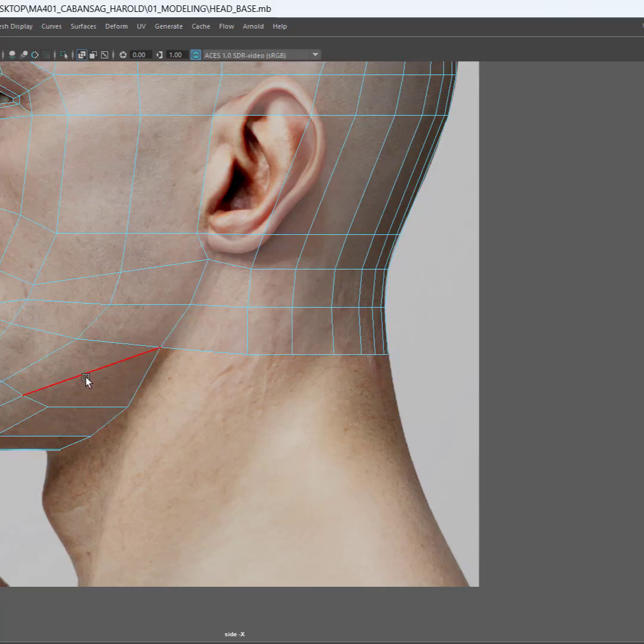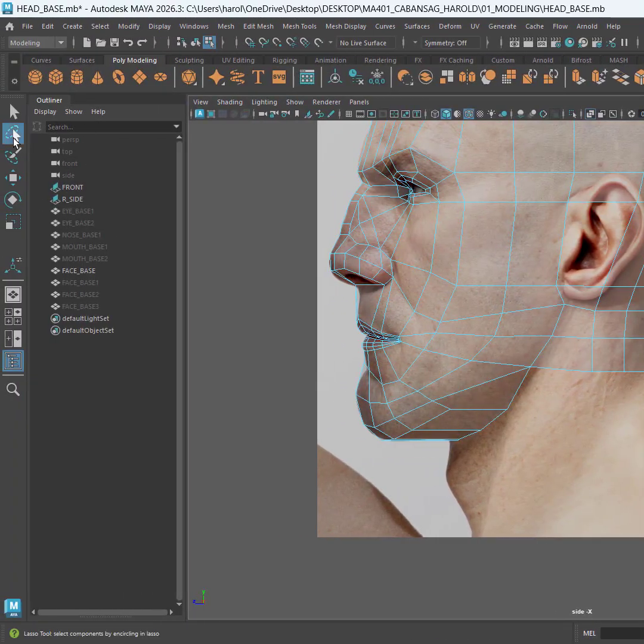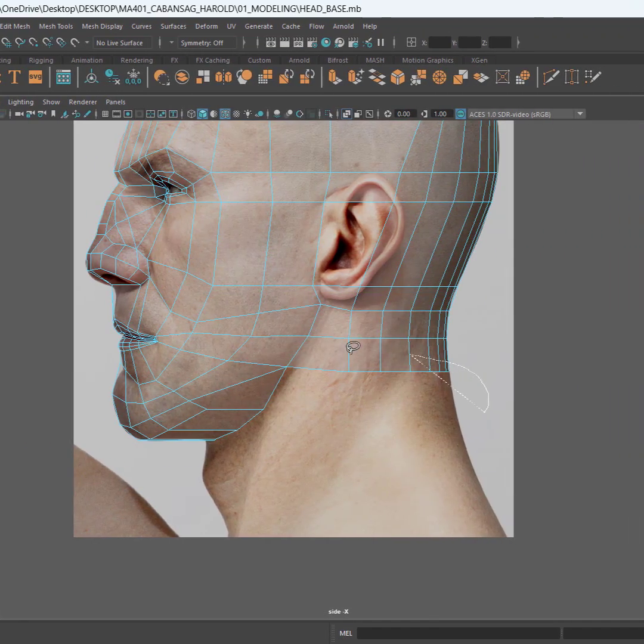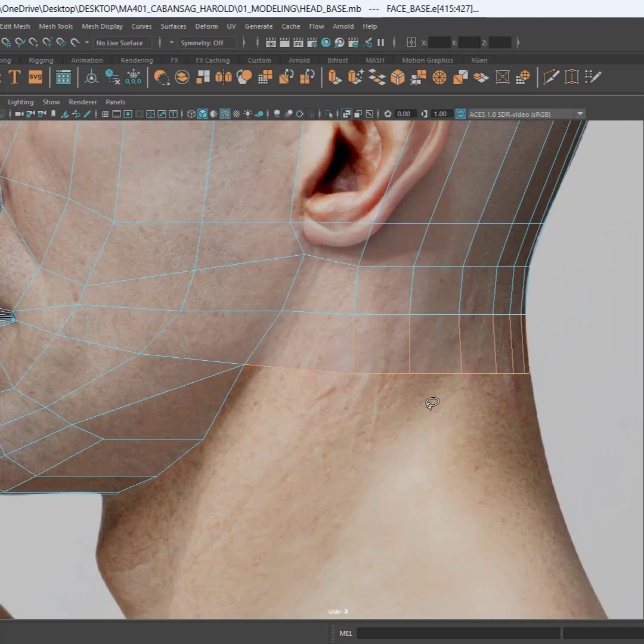So what I can do is I can control space bar, I can choose the lasso selection here, and then I can drag along this, there. So as I've said, I only need the horizontal ones, so I can hold control and deselect these. Okay,